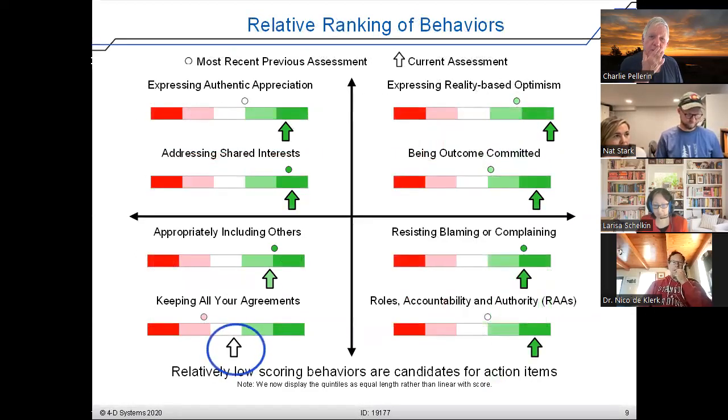So this is what it would look like. It does a relative ranking of the behaviors. And this is real data. You can see this team's got pretty good orange. Including's good. Uh-oh, so what's this? They don't keep their agreements. So what I would say to them advisedly is, here's your highest leverage work,